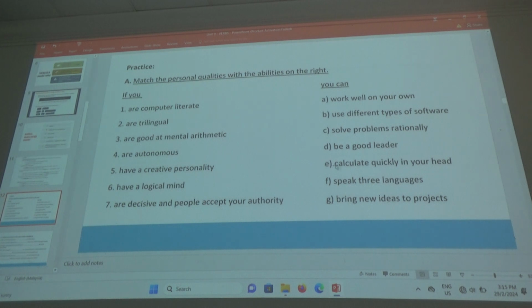Alright, next. If you are good at mental arithmetic, you can calculate quickly in your head. If you are autonomous means you are independent. Autonomous. If you are autonomous, you can work well on your own. Very good. If you have a creative personality, you can bring new ideas to projects. Oh, okay. If you have a logical mind, you can solve problems rationally. Get it? Okay? If you are decisive and people accept